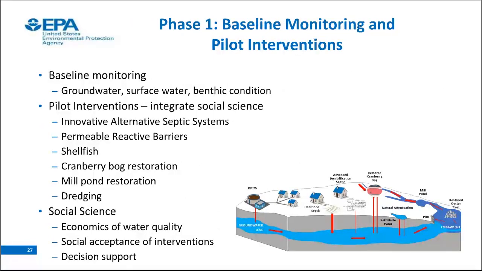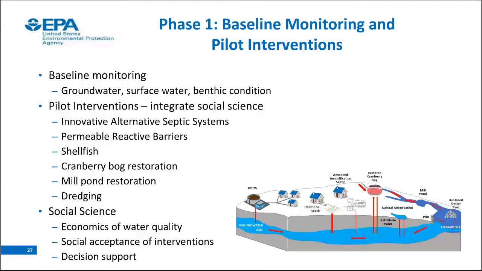So the phase one consists of some baseline monitoring so we can understand how the system does change as a result of interventions, and that's groundwater monitoring, and we're working closely with USGS for that. Surface water monitoring, which is being conducted by a number of different partners on the Cape, and evaluation of benthic condition, which will run locally here out of the Atlantic Ecology Division. And then from a piloting interventions perspective, really looking at innovative alternative septic systems as a key part of the